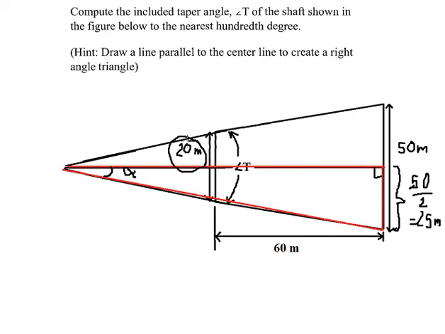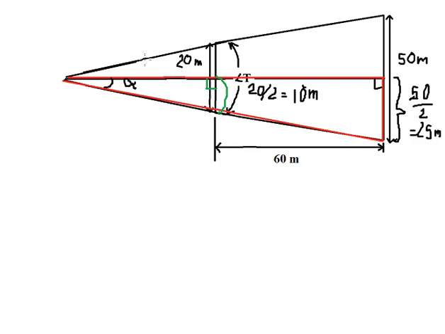Similar for this one, 20 meters in here. We have another right triangle, that's it in here. So this line here is 20 divided by 2, and we have 10 meters in here. Now I will call this one